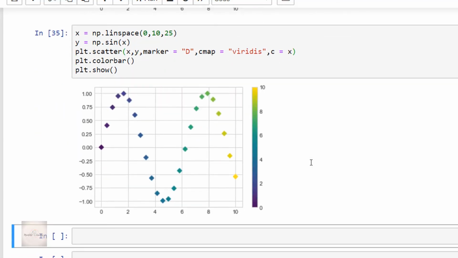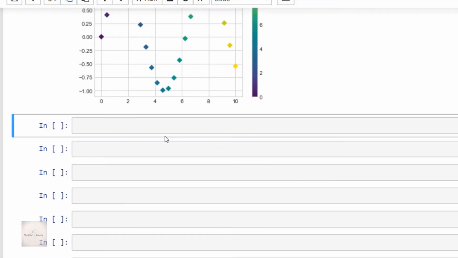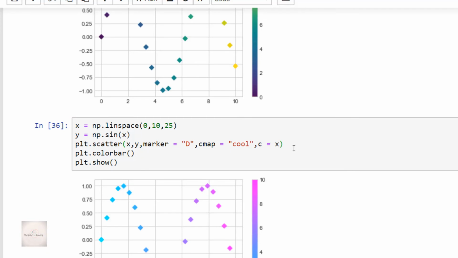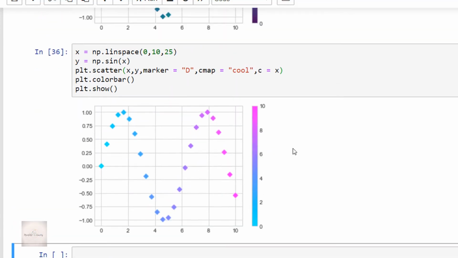Yes, see, the colors have been chosen as per the new color map viridis. Now, let me try out some other cmap. So, let me try out cool. Yes, cool. And let me execute this. Yes, the output is really cool and beautiful. And again, here the colors have been chosen as per this new color map cool.